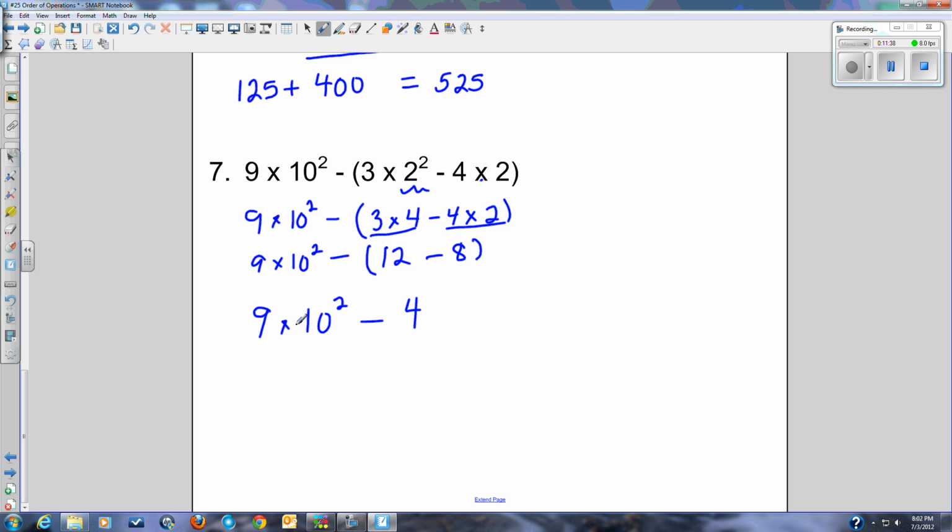Now, we're left with multiplication, exponents, and subtraction. Exponents comes first in our order of operations. So we're going to compute 10 to the second, or in other words, 10 times 10. That gives us 100. And write down the rest of the problem. We're left with 9 times 100 minus 4, and we have multiplication and subtraction. Multiplication comes next. 9 times 100 is 900. So we're left with 900 minus 4, which gives us